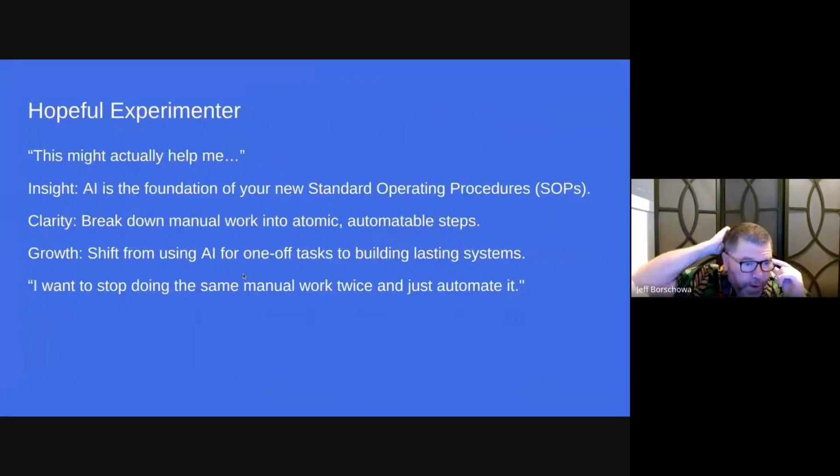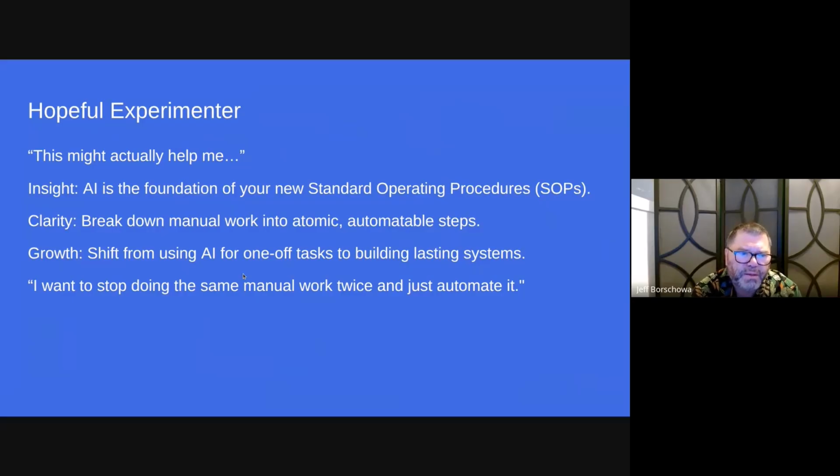In the hopeful experimenter, by the time you get here, you've covered the white, yellow, orange, and green. And what that means is you've hopefully by now built the confidence, and your first thoughts here are, ChatGPT might actually help me. So we've built that solid foundation of experimenting and practicing.